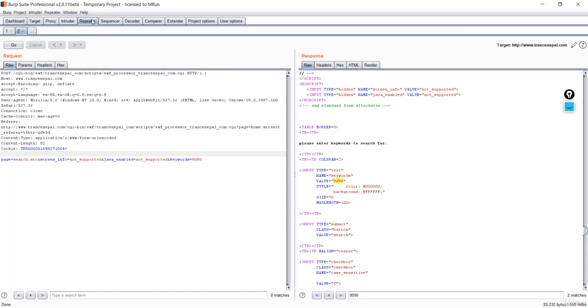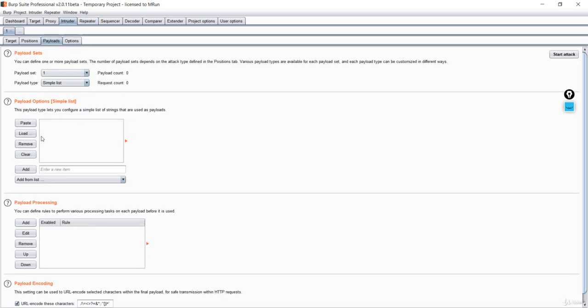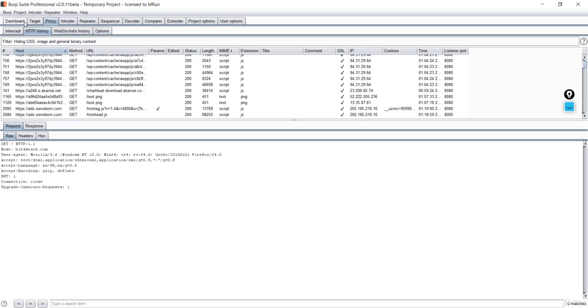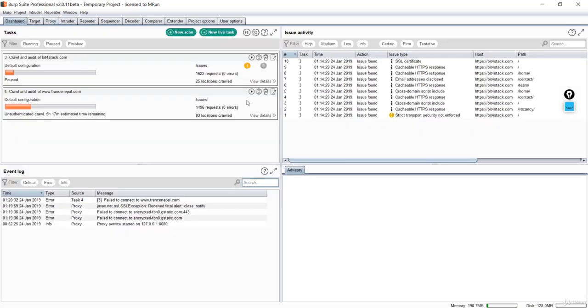So this is the way that the repeater works. You are just changing the parameters to see if a change to the value of the parameter is reflected in the website content or not. So this is the way that XSS vulnerability works. You also have the intruder to work with several payloads and check the response of those payloads in the websites. So we mostly work with this repeater and intruder in the upcoming lecture, and we'll see about this target proxy. Before actually jumping into the live website, let's see how Burp Suite works in the background.